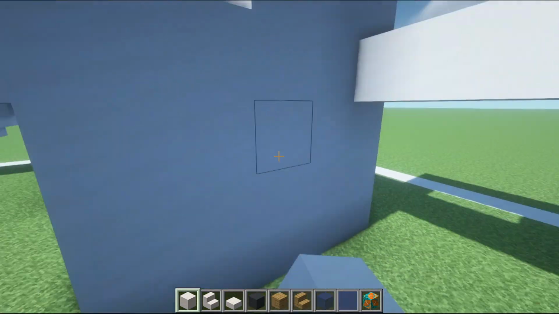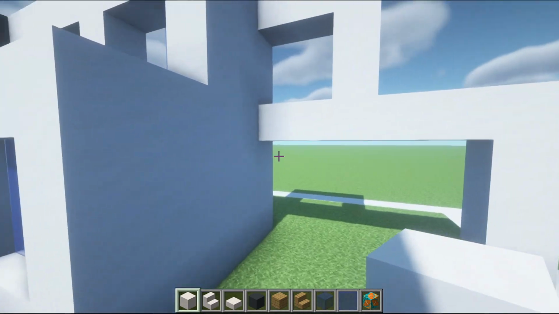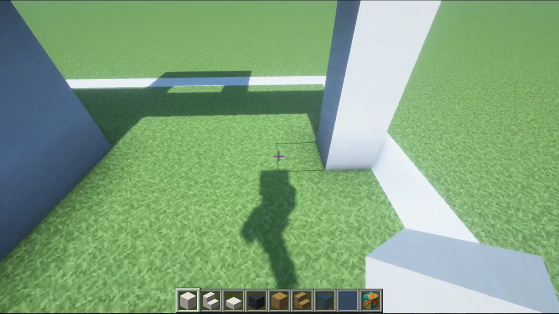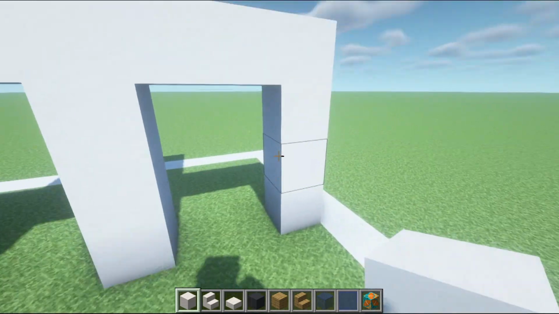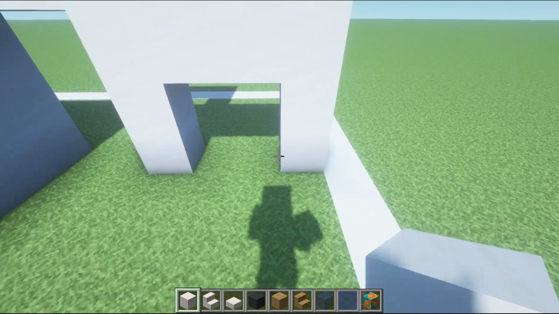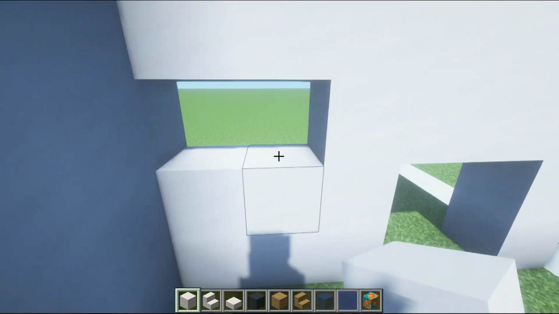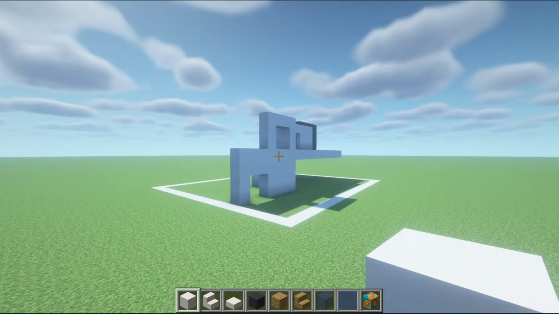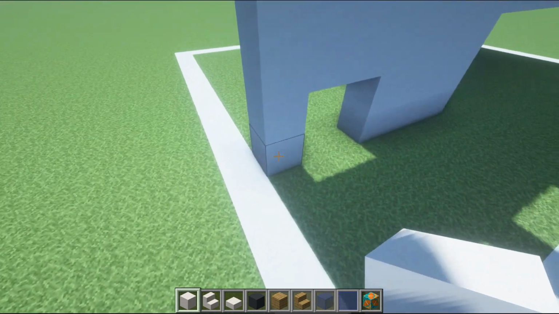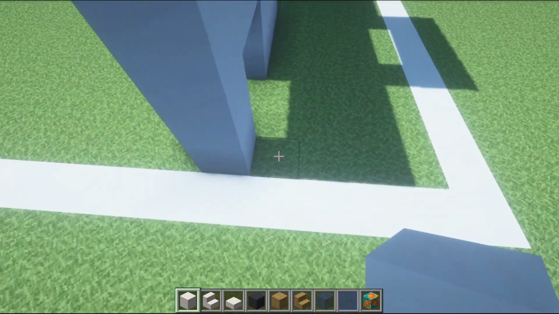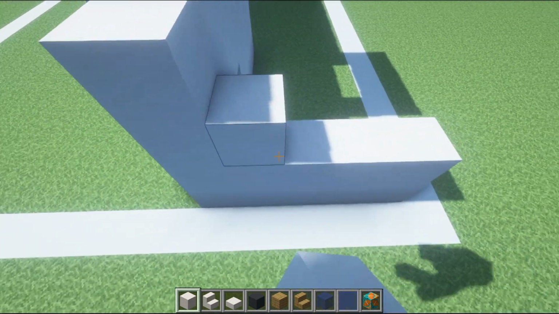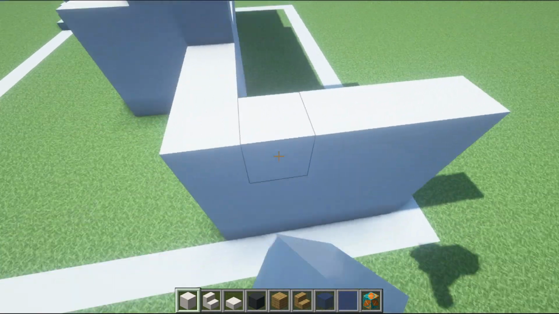So on the right side of the build, but the left side of the right side, we want to fill this up using quartz. We want to leave enough room on the right side of this little area here to have a 2x2 entrance. And then the rest of this simply just wants to be filled in using the quartz. So the first thing that we're going to do on this side is we are going to extend this vertical row of quartz backwards by 4 rows. 1, 2, 3, 4. And we are going to build these up to the height of the row of quartz